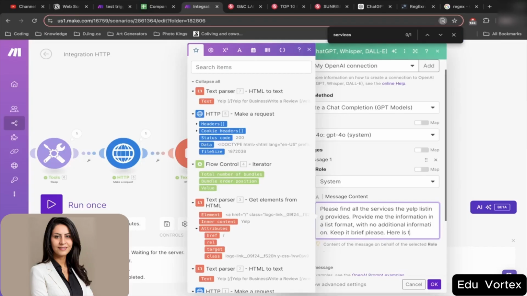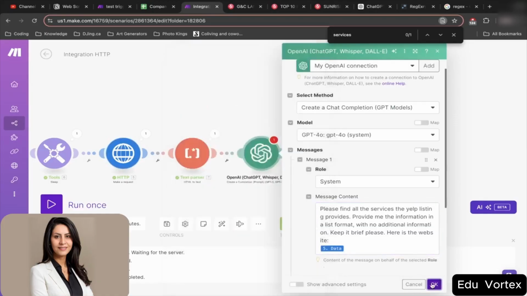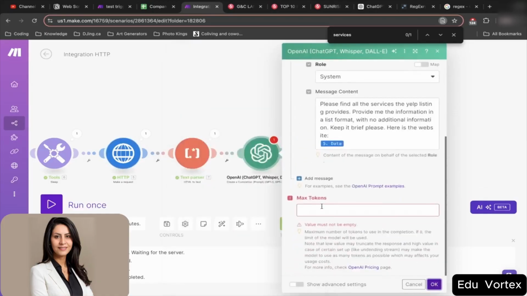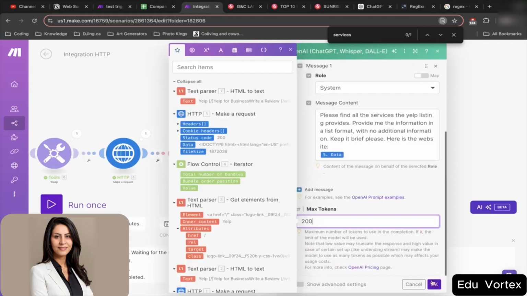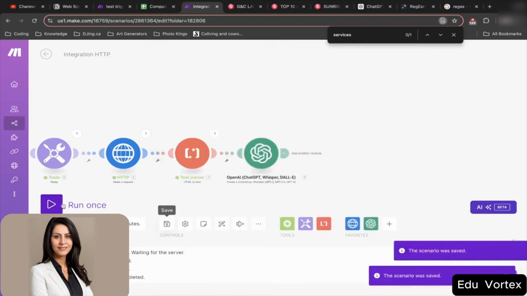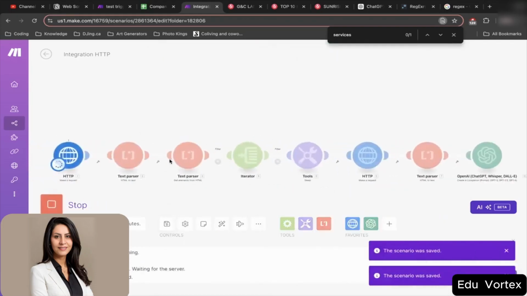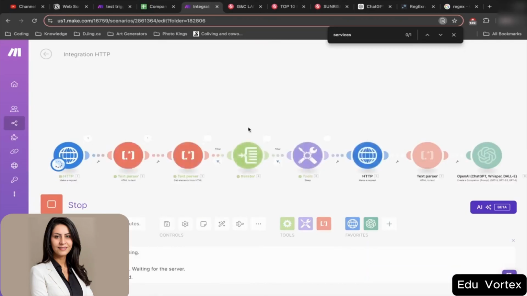Here is the website. And we can provide this data here. And click OK. Oh, we just got to go back and change the tokens. I'll put 200. Click OK, save, and let's give this a run and see how well ChatGPT does at extracting